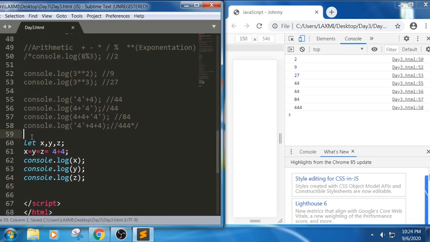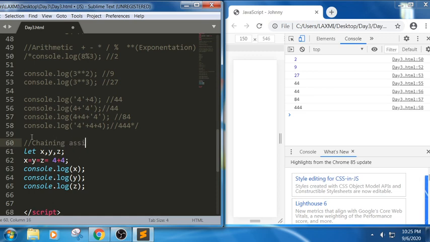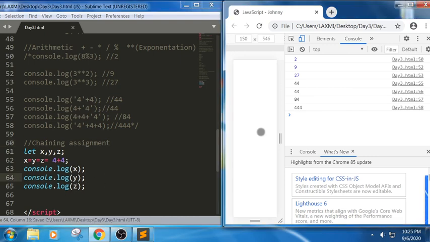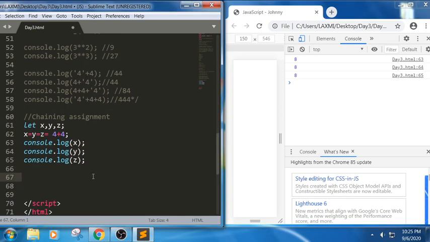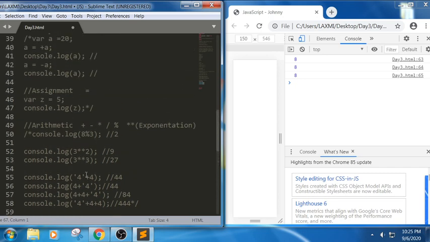See, we can call this one chaining assignment, in the sense we are trying to use the same values. We are trying to evaluate the value from the right hand side to the left hand side, and the value will be stored in z, y and x. So what will be the output of the snippet? See here, it will return 888. So we call this one chaining assignment. So this is about the assignment operator, unary operator and arithmetic operator.